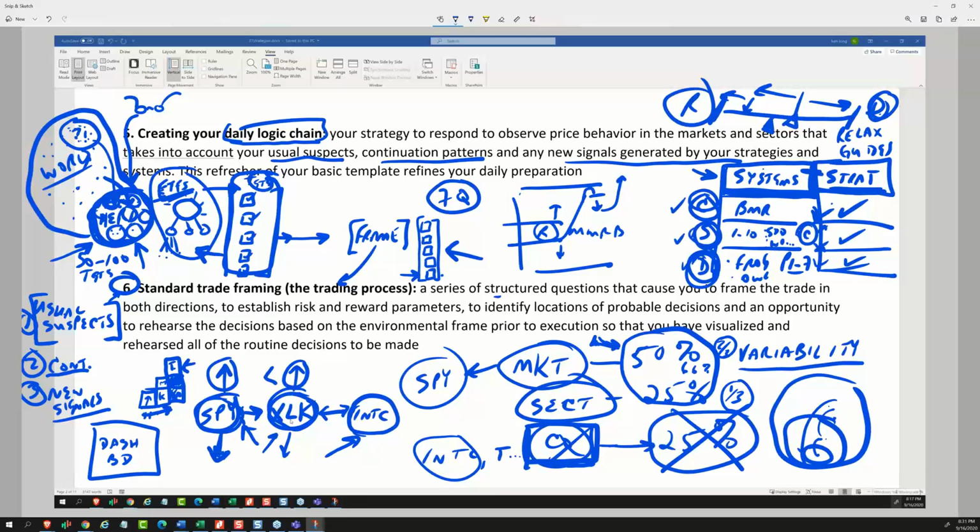So what I'm talking about now on this daily logic chain, this like radar screen, is that I take those symbols that I want to trade and I array some kind of logic chain that gets me from the market to the sector to, and maybe I'm trading Intel, Apple, and Microsoft. So I go Intel, Apple, and Microsoft. Well, that's going to be very efficient because I only got to study